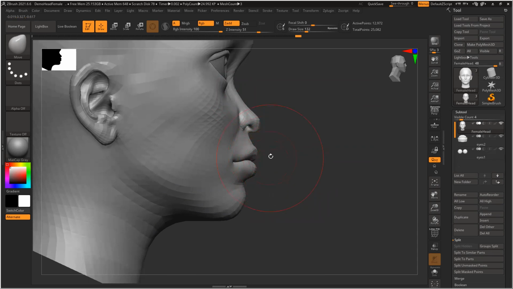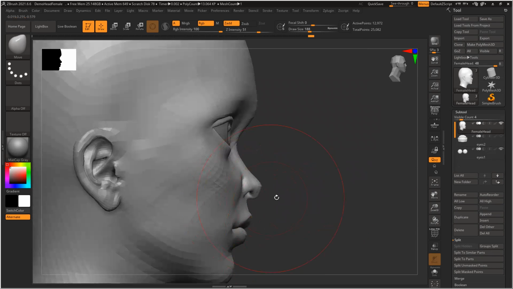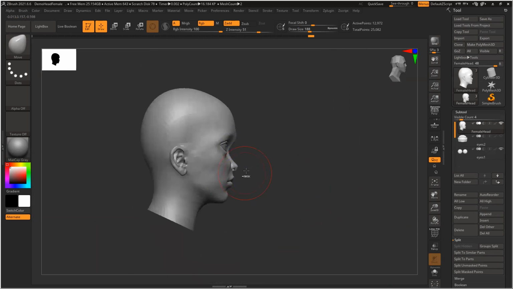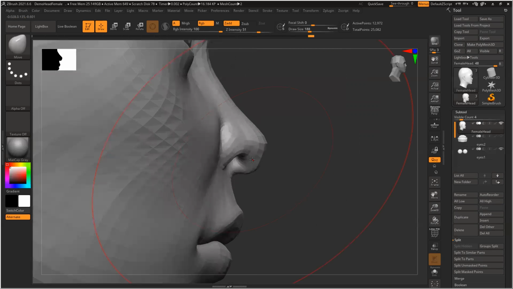Whenever we do that, we have to push the lips also inside. Otherwise, it won't look nice. Aesthetic wise, it should look nice, right? So push this thing also inside. From the side you can see I have reduced the nose.